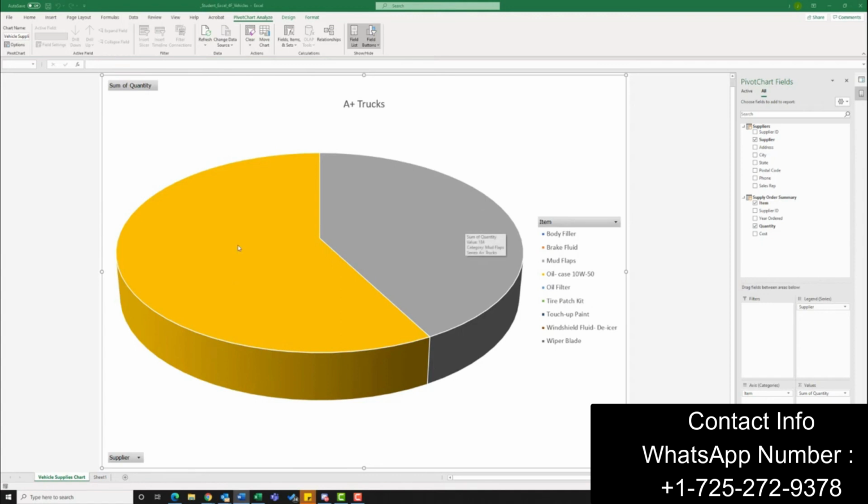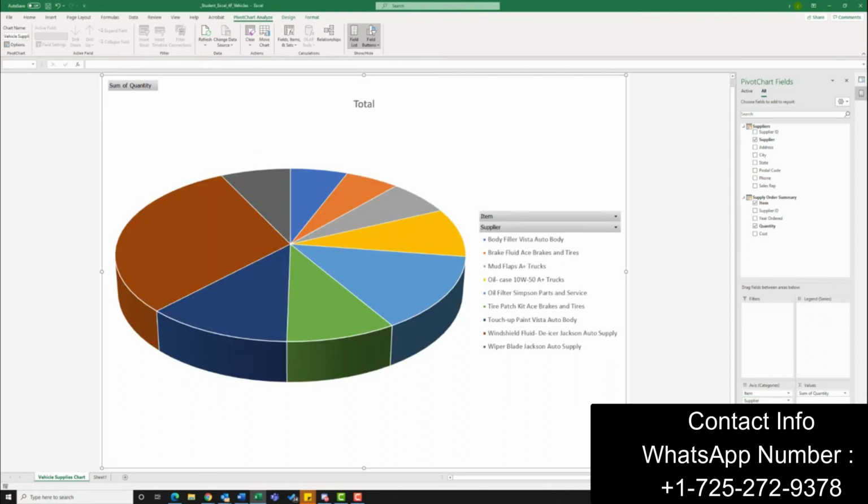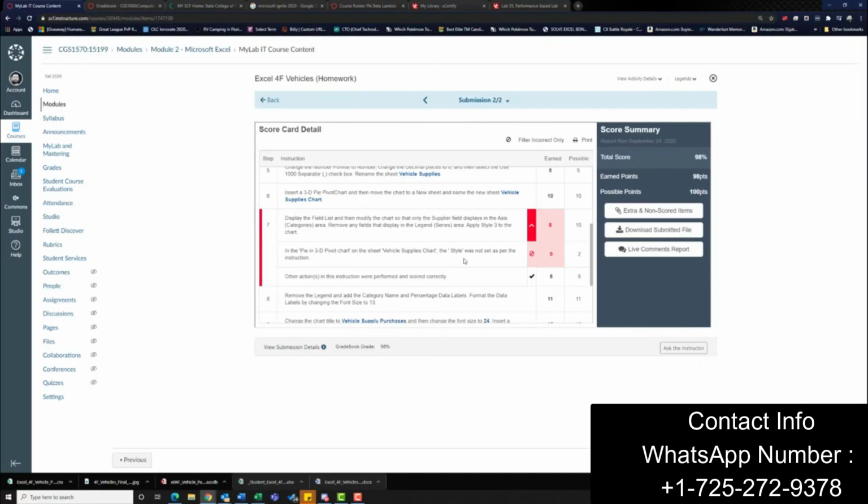So now that we have our chart here, we want to make a few modifications. First thing we want to do is make sure that the only thing we have in our fields here are the suppliers in the axis field, or the categories right here. So we're going to drag supplier over to axis. And like always,